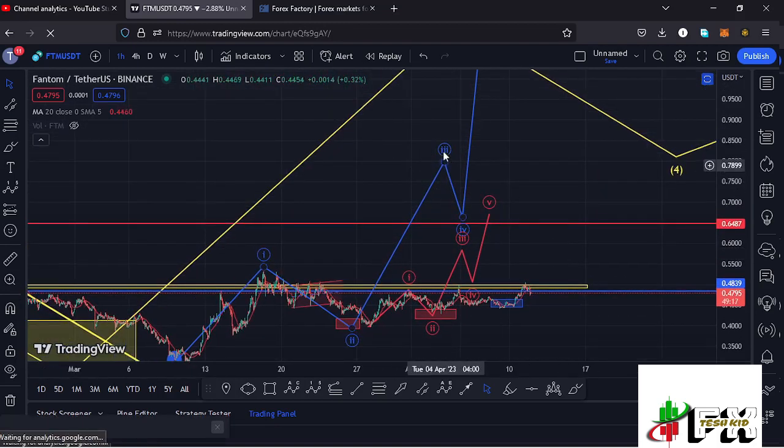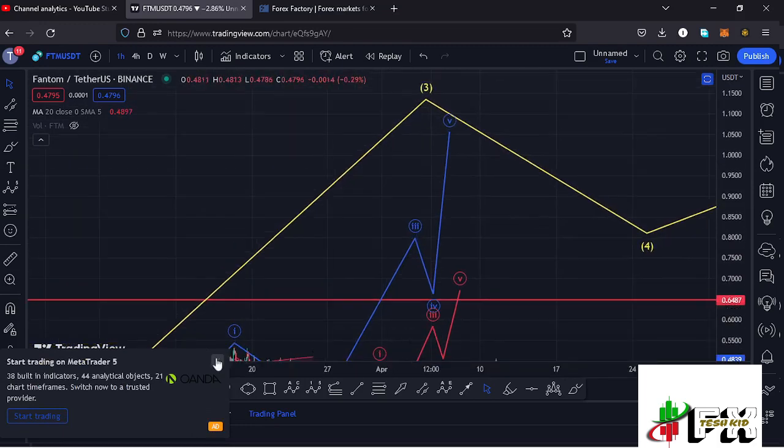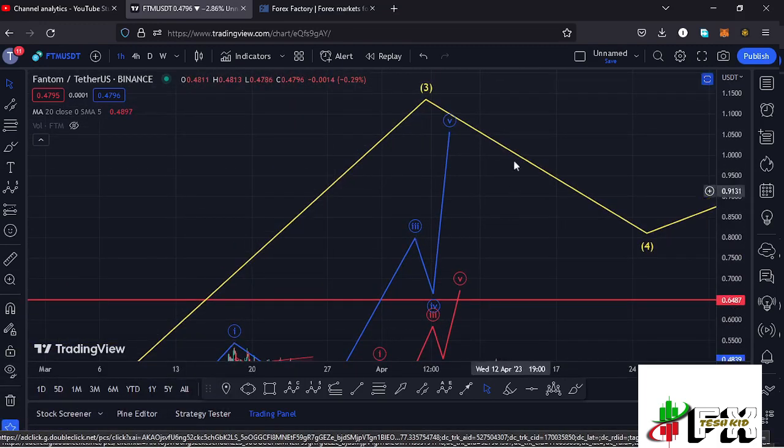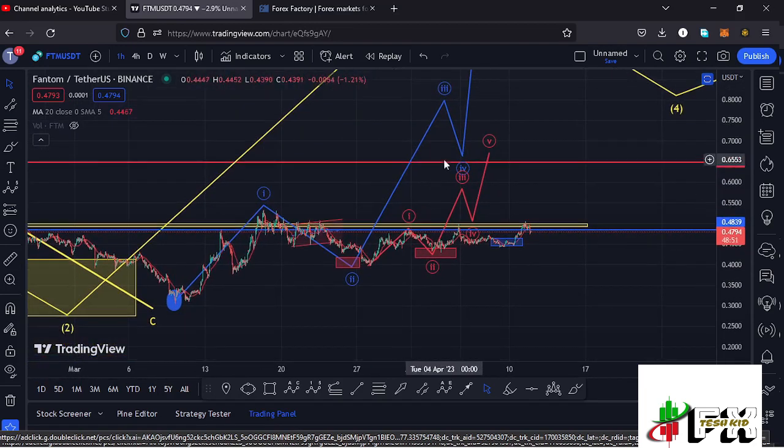wave 3 before we can expect a wave 4, then continue gearing up in the formation of that wave 5 to the upper side to fully maximize our minimum target areas in the formation of this larger Elliott wave count 3. And since the primary scenario is that whatever we are seeing is the formation of this wave 3, which is also impulsive, I'm also expecting to see a fractal wave, that is a micro Elliott wave count within the